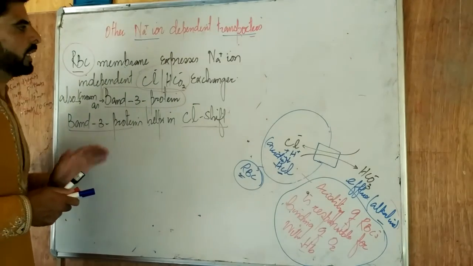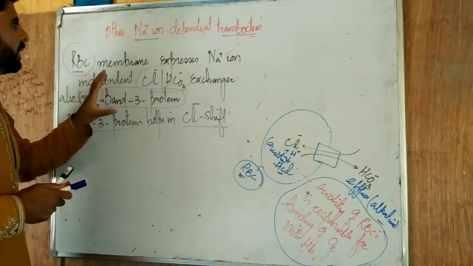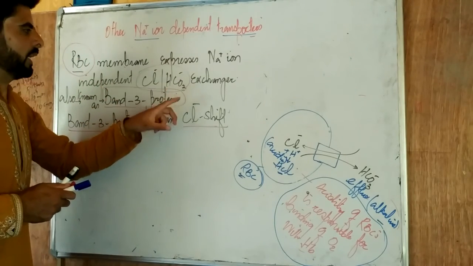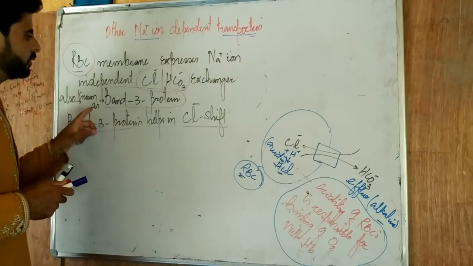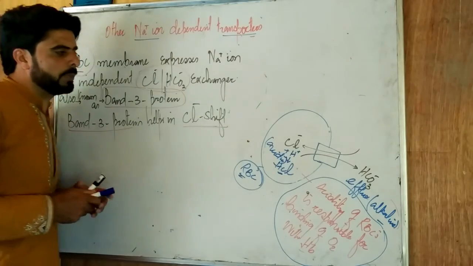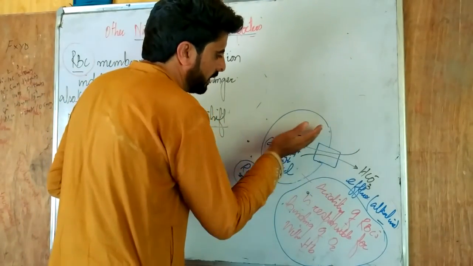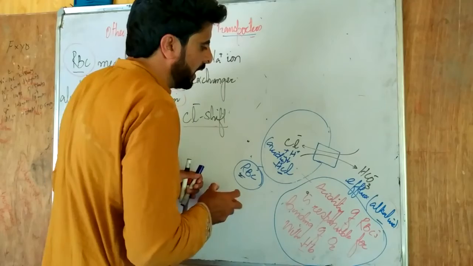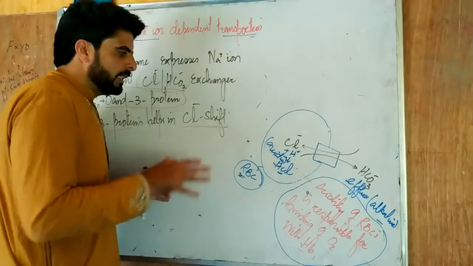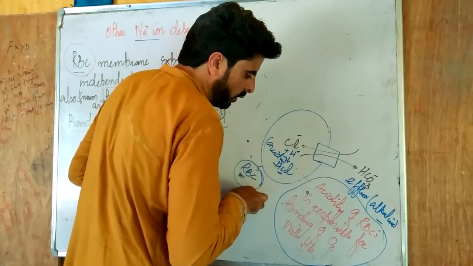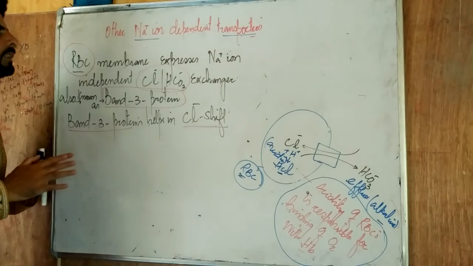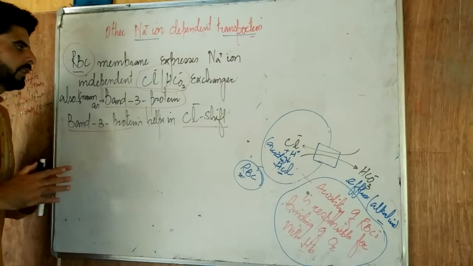That's why on its membrane, the RBC has a sodium ion independent chlorine bicarbonate exchanger, or chlorine ion and bicarbonate exchanger, which is also known as band 3 protein. If anybody asks what this band 3 protein is helping with, it is helping in a chlorine shift. That is, chlorine is taken from the extracellular matrix into the intracellular matrix, where it binds with the hydrogen to form HCl. So within the RBC, the environment becomes acidic. This acidic environment is crucial, or required, for binding of oxygen with the hemoglobin. This is all about the sodium ion dependent transporter and the independent one.